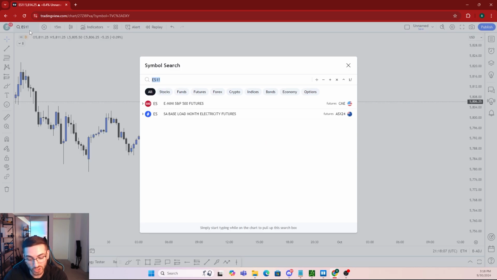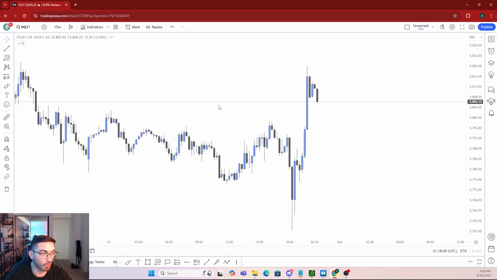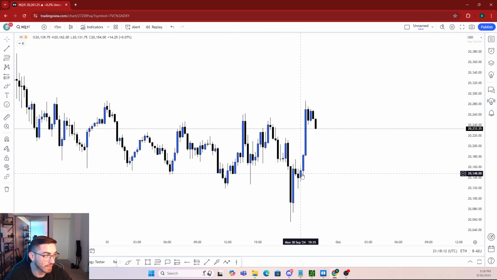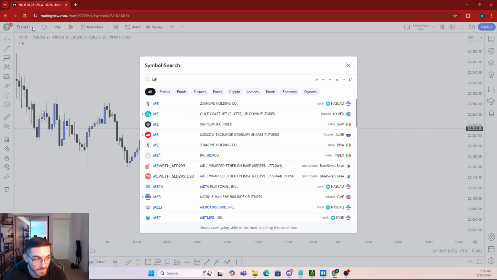Now, as far as NQ, that is $20 per point. And NQ can very quickly move 30, 40, 50, 60 points. So if you start doing the math, it's very easy to blow an account, especially if you are trading with a small account. So instead of trading ES or NQ, what you want to focus on is MES,